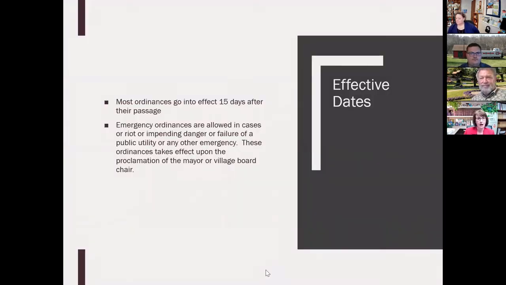Right, the effective dates. Most ordinances are going to go into effect 15 days after their passage. There are some provisions in state law about emergency ordinances, but I don't think your floodplain ordinance is an emergency. So just make sure, if you do have some deadlines coming up, that you remember that your ordinance doesn't go into effect until 15 days after you pass it. And then my final slide